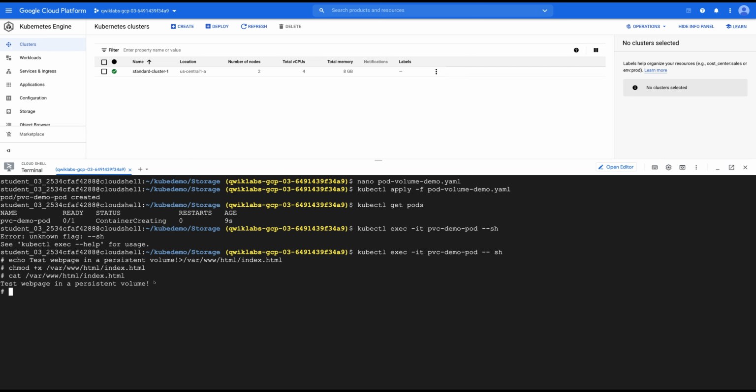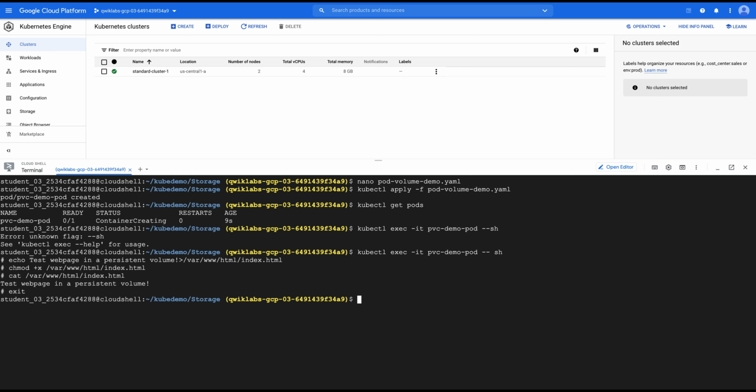Yes. So I have just created a web HTML file inside my pod, so that we will be able to see whether it's running properly or not. Now let's exit out of this pod. To exit, just type exit, and now